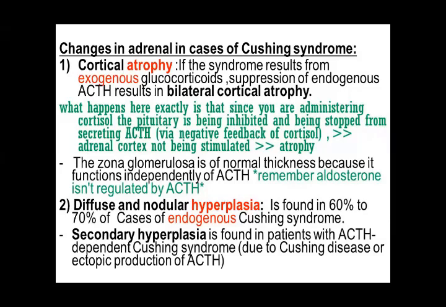So what happens when there is an excessive amount of glucocorticoid inside the body? They will suppress the endogenous ACTH. When there is a high level of steroid in the bloodstream, I told you there is a negative feedback mechanism. So they will stop the ACTH release from the pituitary gland. What will happen? They will result in bilateral cortical atrophy because the exogenous glucocorticoid is in the bloodstream. Your ACTH stimulus is being stopped by this glucocorticoid. The stimulus is not being released. So the adrenal gland will become atrophied. They will shrink in size because their stimulus is being stopped by the exogenous source.